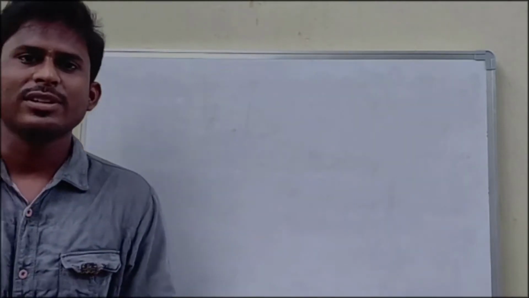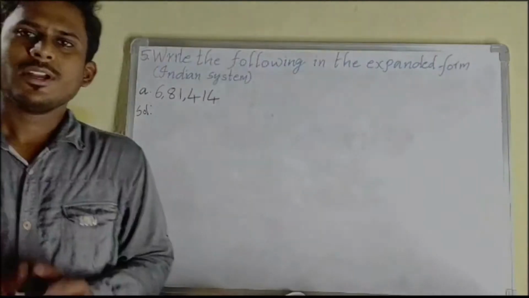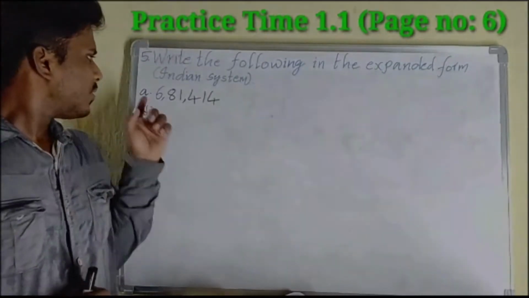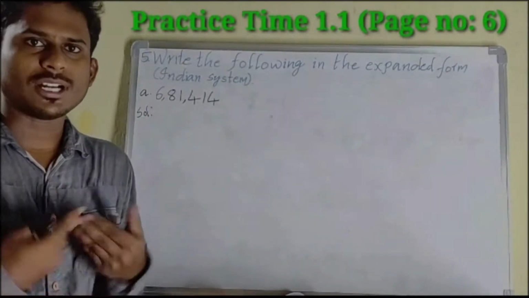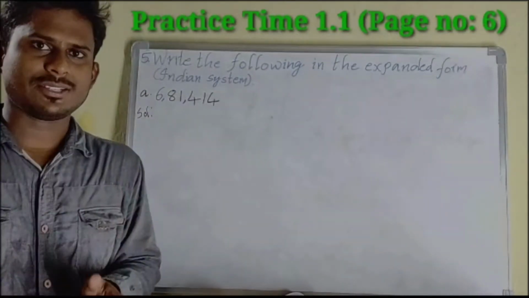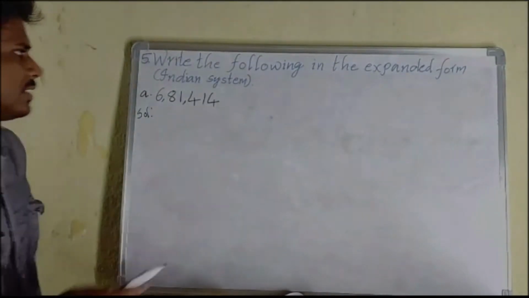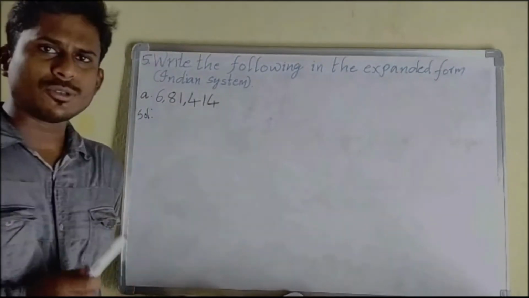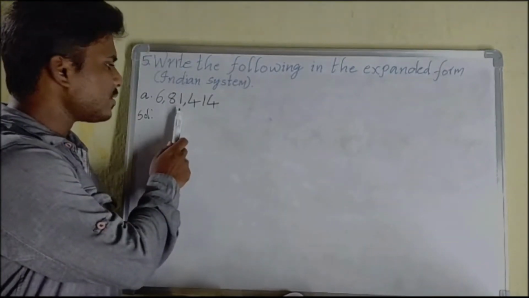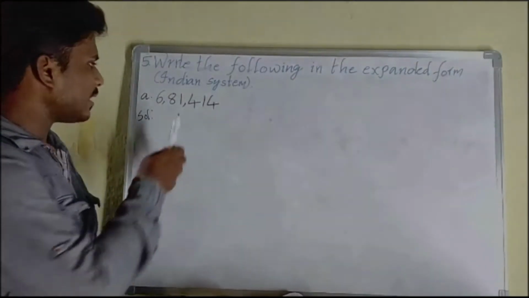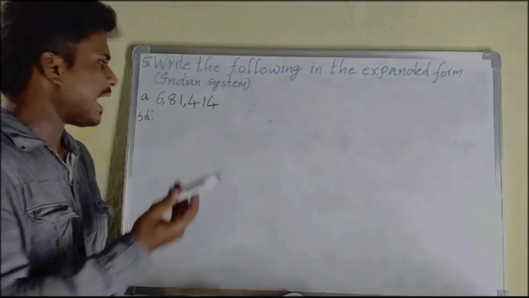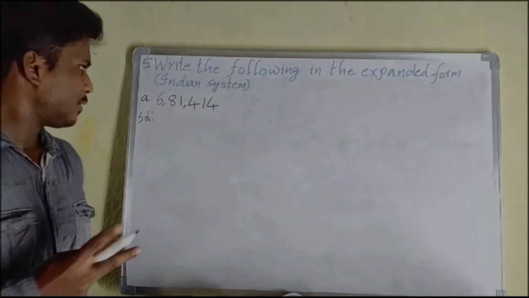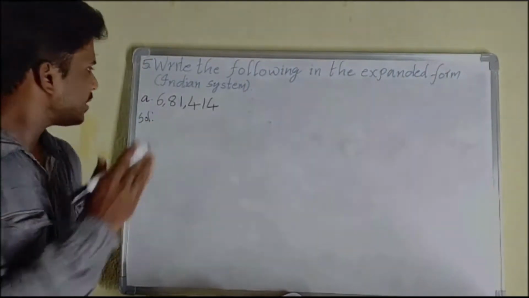Okay. Now let us go for today's practice time sums. Fifth bit, write the following in the expanded form, Indian system. So the given question is in the standard form, we have to convert it into the expanded form in Indian system. Let us count the places here. Ones place, tens place, hundreds place. These 3 places belong to ones period. Then in Indian system the next period is thousands period, thousands and 10,000, and the next period is lakhs. In the lakhs period we have lakhs and 10 lakhs, but here we have only one place, that is 1 lakh place. So in the 1 lakh place the number is 6.